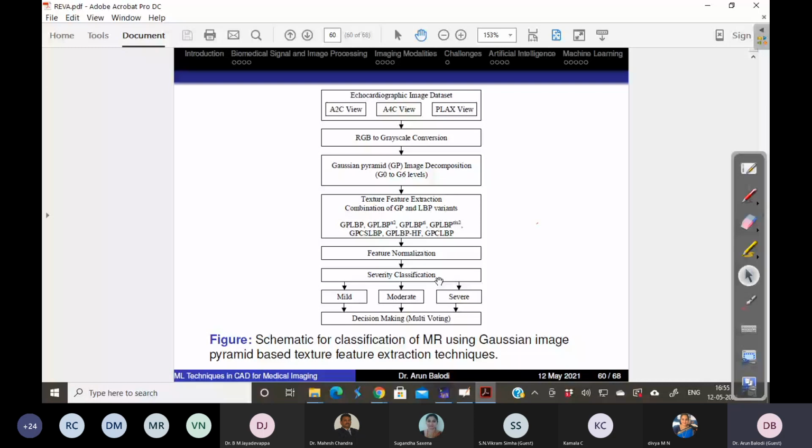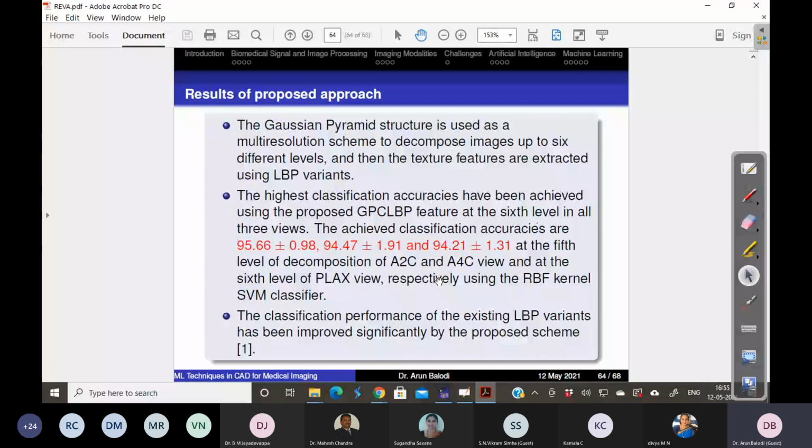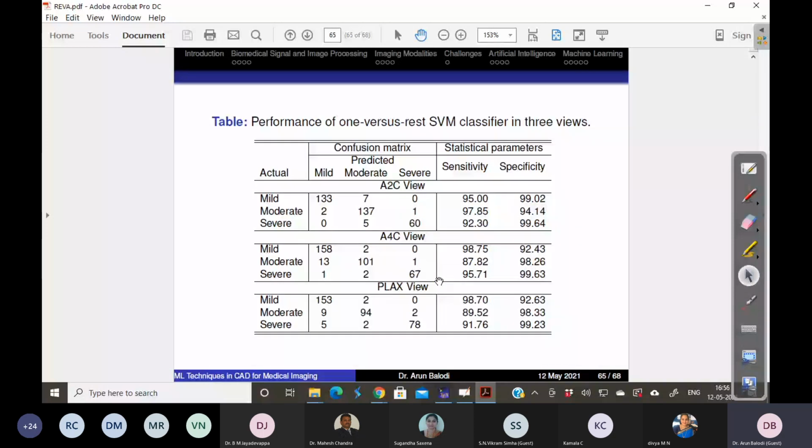Again, we did the normalization, classification, and we got the classification accuracy after training the model. So the second paper that we got, that is 95.66. There's a little increase in the efficiency, but here if you see, the size also increased. Earlier the size of the data was only 35, but now we have increased to approximately 200 images per data set.